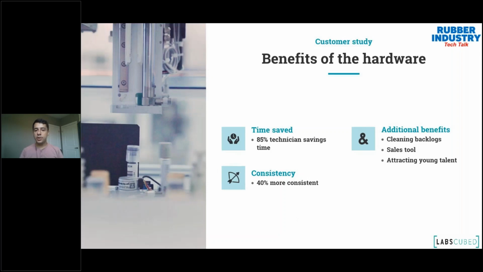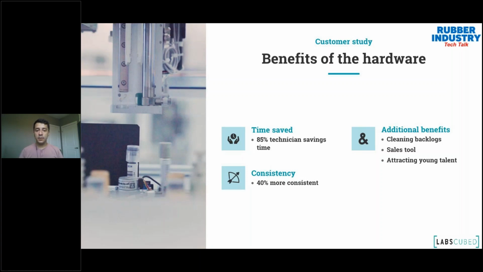Benefits of automation generally is time saved, obviously. Your technicians are no longer sitting there doing that thing over and over. On average, we find it's about 85% of your technician time is saved. There's still some aspects to setting up samples and going through certain parts, but really the majority of what they do is no longer sitting there testing one at a time, as you probably see people doing all the time.